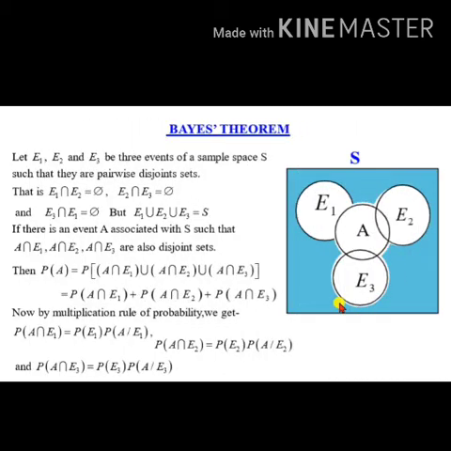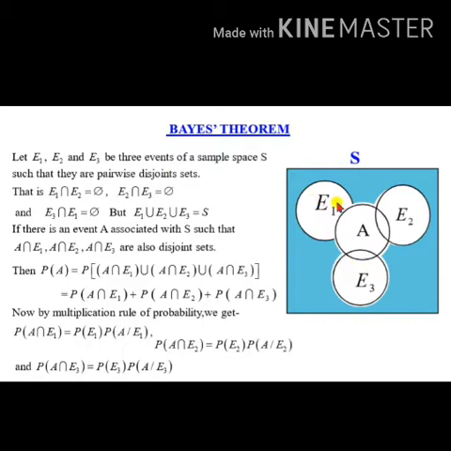Dear students, in this video I am going to explain to you the Bayes theorem of the probability chapter of class 12. To understand this Bayes theorem, I have drawn a figure on the right hand side of this page. This is a box in blue color and it is represented by the letter S. So what is S? S is the sample space, containing all outcomes of any experiment. And here in this sample space I have considered three events, E1, E2 and E3.